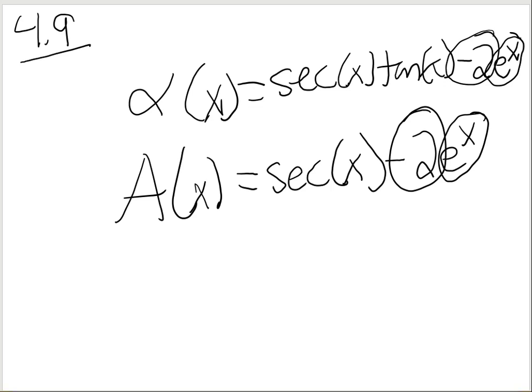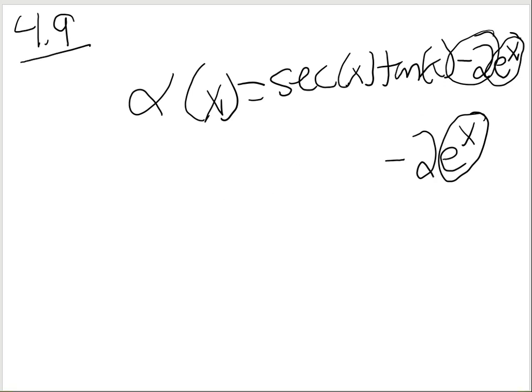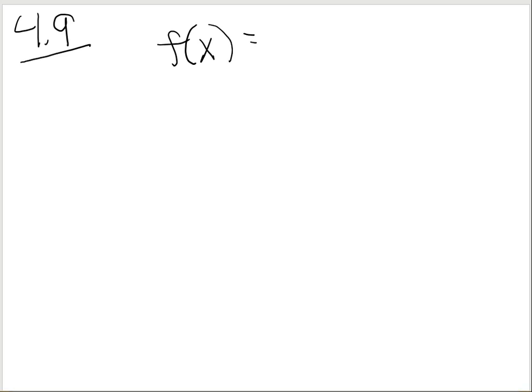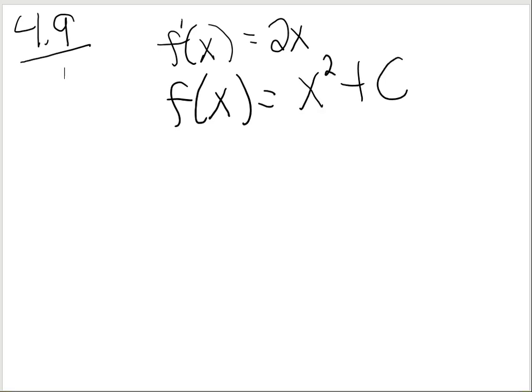Okay, so that's it for a couple examples. There's one little thing at the tail end of this section. Up to this point, let's say we have the derivative being 2x, then our antiderivative would give us x squared plus c. Well, what's really common in word problems, in what we're going to call rectilinear motion,